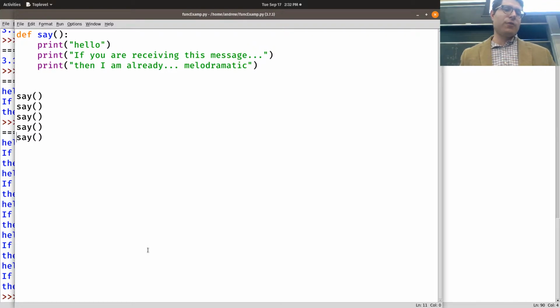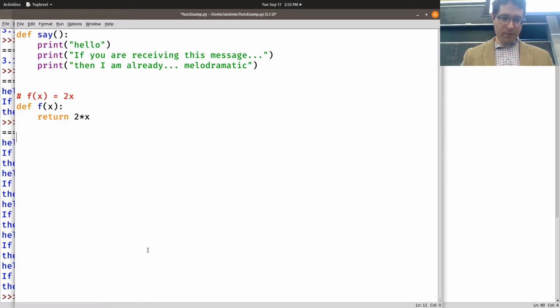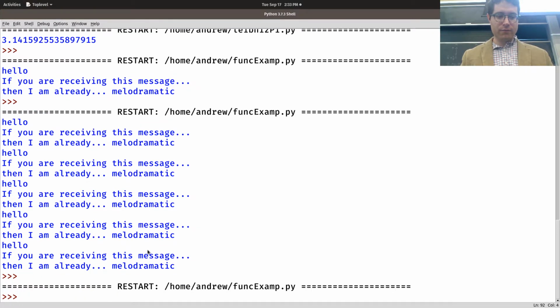Like you can do mathematical functions, right? So here's one that we'll see more of later. Def f of x, which uses a lot of the commands that we'll learn how to use. Return 2 times x, which is just simply the Python way of writing f of x is equal to 2x, essentially. Give me an x, and I'll give you twice its value. That's what it's saying. And so now we can use that new f command. f of 4 is equal to, well,